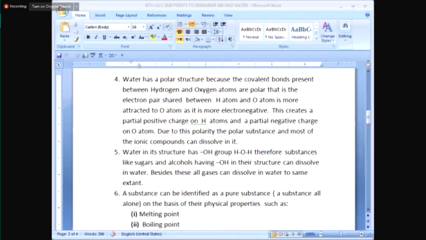So HOH means that water has H, and if I divide the structure into H and OH, you can say with confidence that it has an OH group in it. Right? Any other compound such as alcohols, you will study about them very soon in the last section, and simple sugars like glucose, sucrose, they also have OH groups in their structures, right?